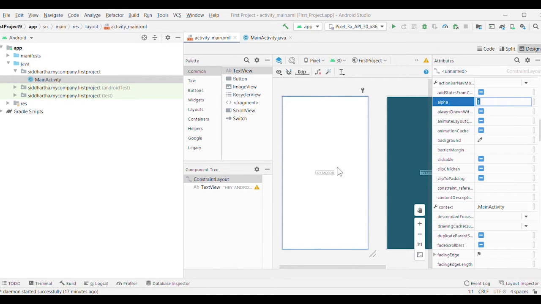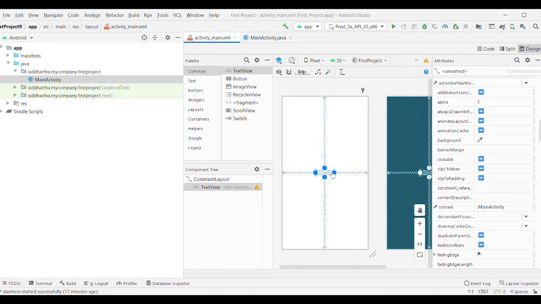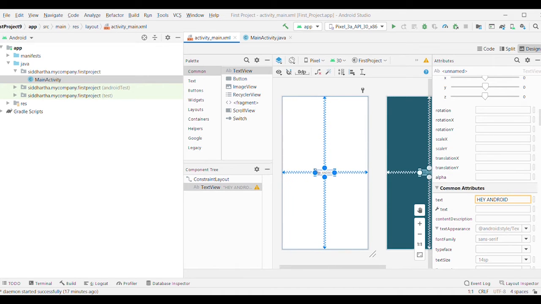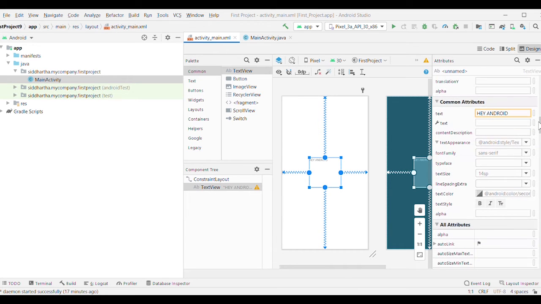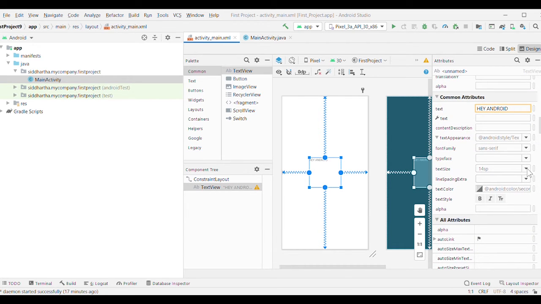Now you may change its size by clicking over here, and hey Android will align towards the 0th position no matter what the size of the text view is. You may change the text size from here. It is 14 sp, we shall make it 30.